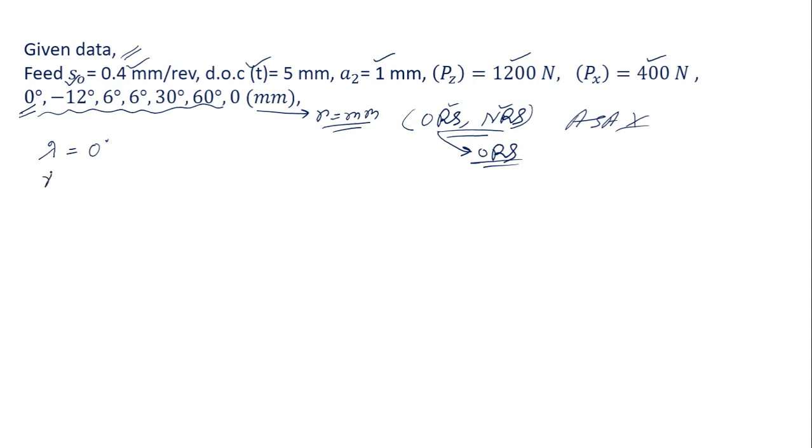The second angle is our orthogonal rake angle, that is minus 12 degree. Now the next two angles are also required. This is the phi 1, the auxiliary cutting edge angle, which is 30 degree, and the principal cutting edge angle phi is given as 60 degree. So these are the first points we have to understand from the question. The second one is the